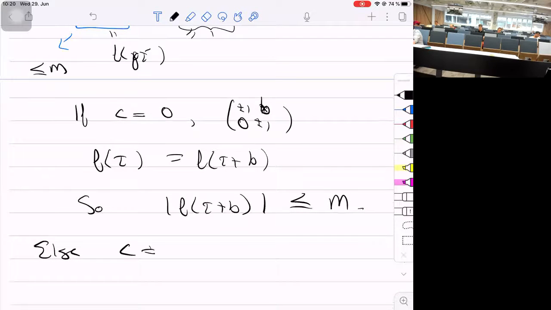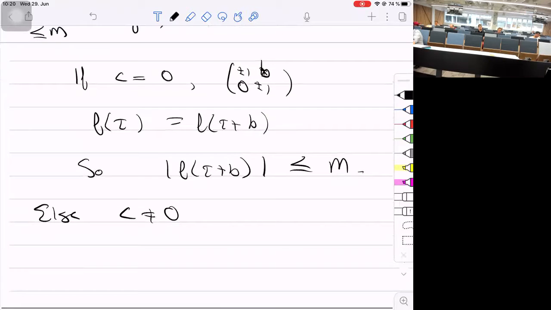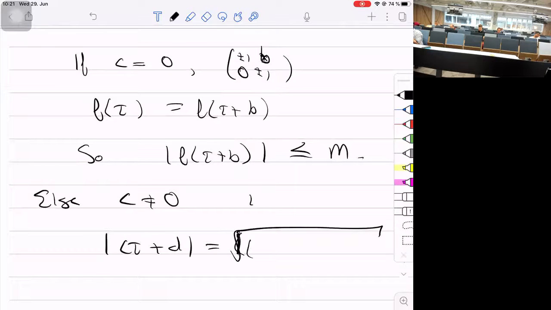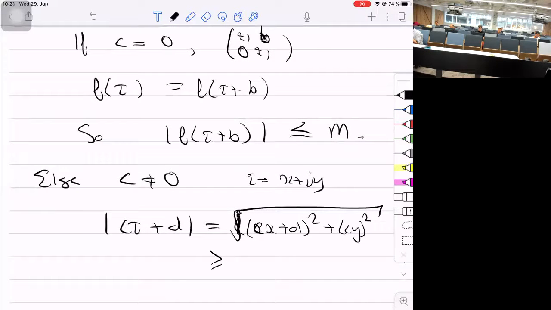Otherwise, we can assume c is non-zero, and then ask for the absolute value of c tau plus d, or get some bound on it. And I'm just going to take the really silly bound, writing that as the root of, if tau is x plus iy, that is (cx plus d) squared, that's the real part, and the imaginary part is (cy) squared. That's definitely greater or equal to absolute value of c